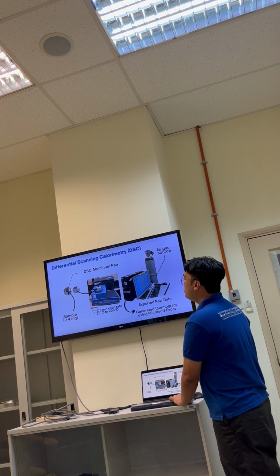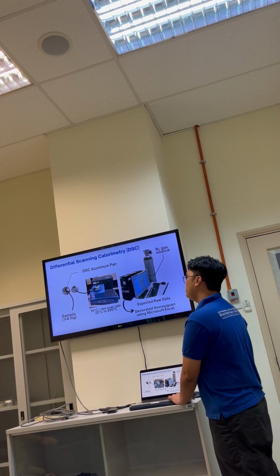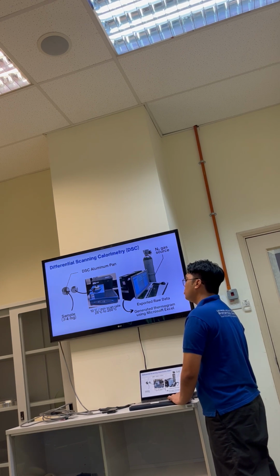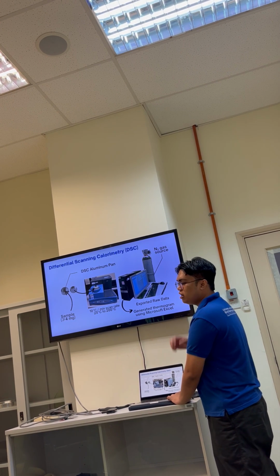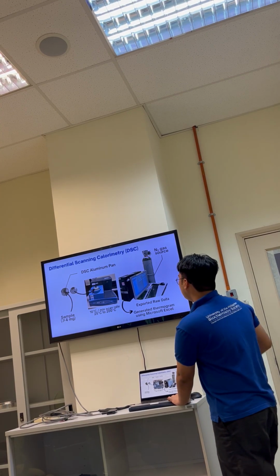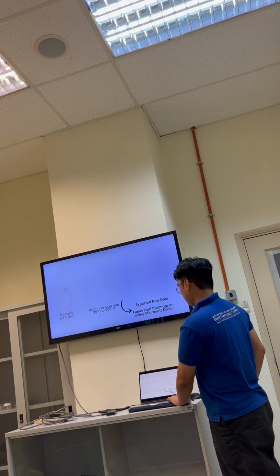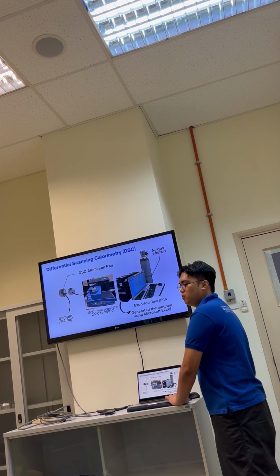Then at least 4 milligrams of sample was placed in the aluminum pan, and the settings would be 10 degrees Celsius per minute of scan rate from 25 degrees to 200 degrees Celsius. This would be enough to cover the necessary thermogram data that we need and to generate the thermogram. Oh, by the way, I forgot. This was done, of course, in nitrogen gas environment.